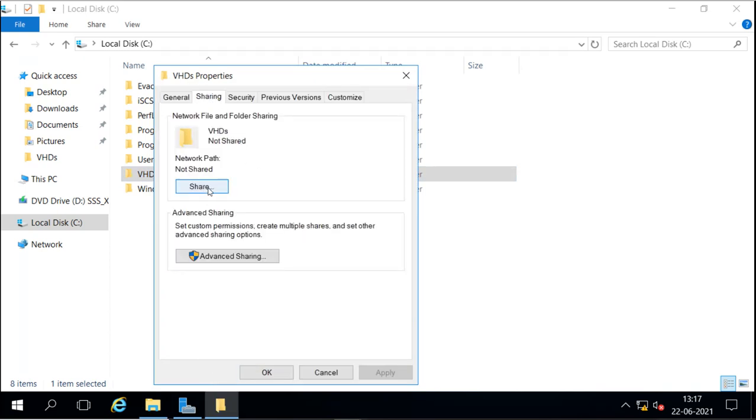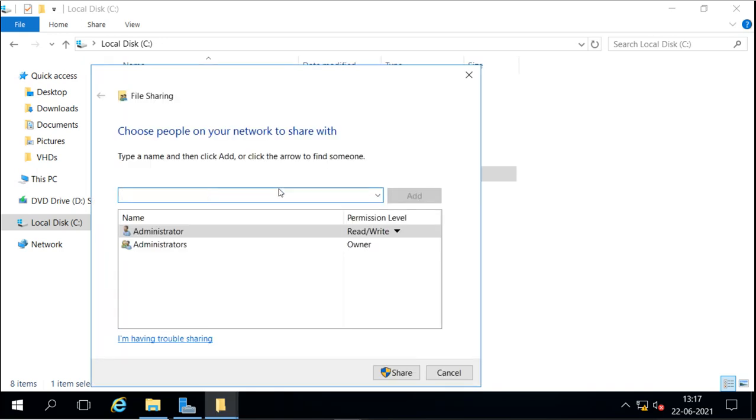This is the normal quick share option where we can select the users from here. We can add the users and give permissions to the users, like read or read write, or we can remove the user.